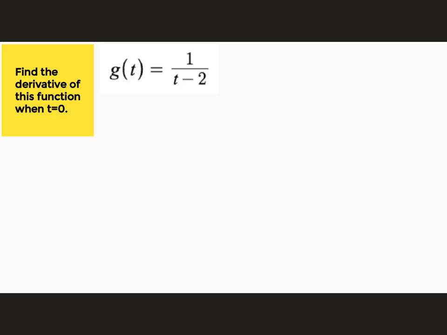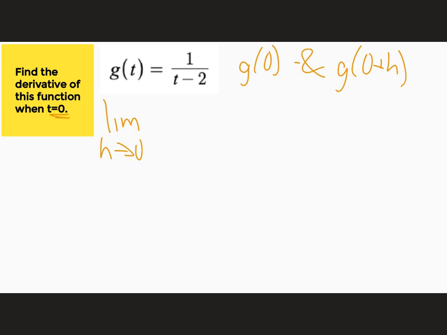So now this says, find the derivative of this function when t equals 0. So try to set it up by yourself right now. Feel free to pause. Try to set it up. Okay, I'll set it up now. So the limit as h goes to 0. Now, we want t to be 0. So we can consider g of 0 and g of 0 plus h, because we're looking at a specific place. So it's going to be, I'll set up generally, g of 0 plus h minus g of 0 all over h,